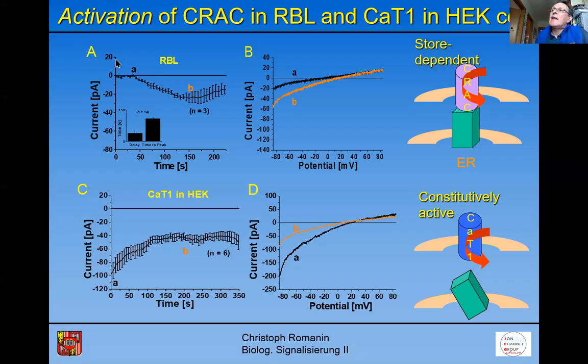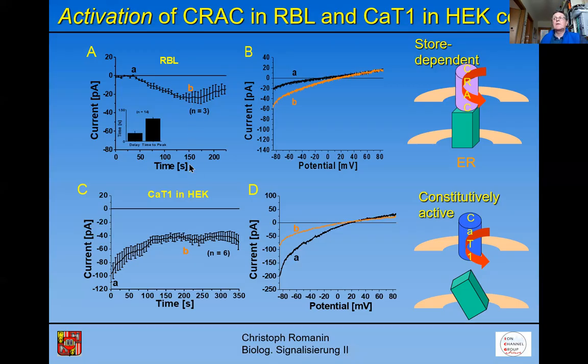So here, at that time point, we start EGTA infusing into the cytoplasm of these RBL mast cells. And you can nicely see here, it takes some time. At the beginning, this is the calcium current, usually, due to conventions, depicted as a negative current. You see at the beginning there is no calcium current present. But after some time, the more EGTA gets into the cell, the more the ER stores get depleted. You can see here an ongoing increase in the calcium current till it reaches about the maximum in the range